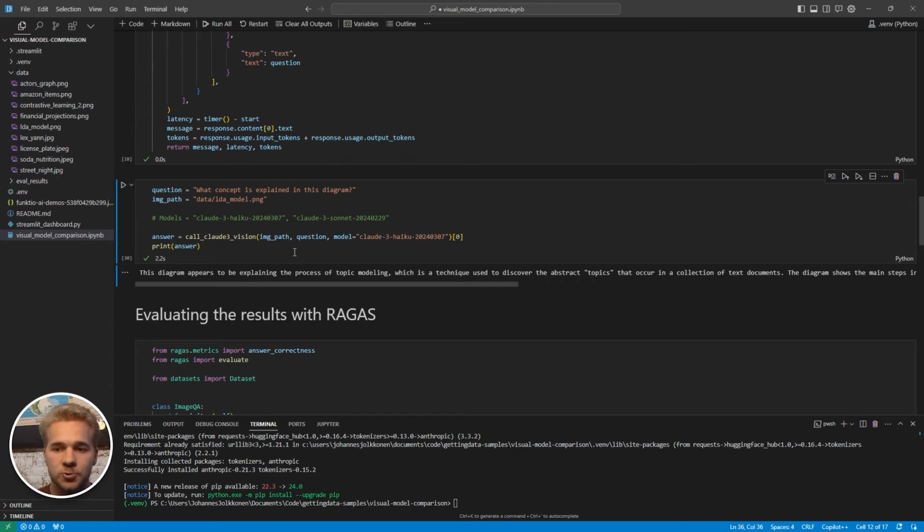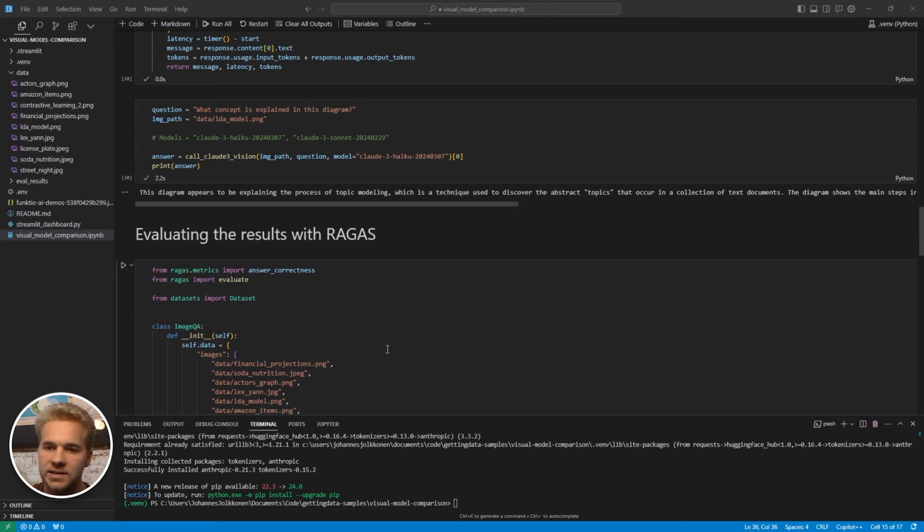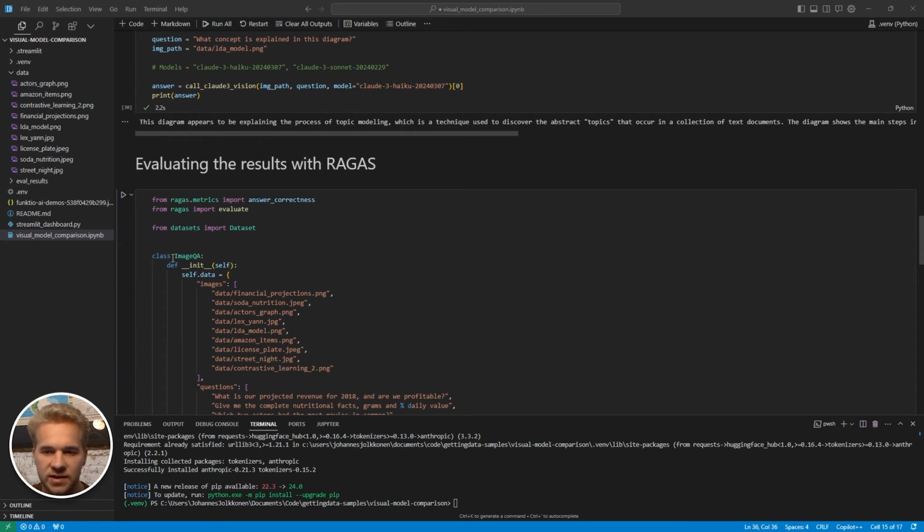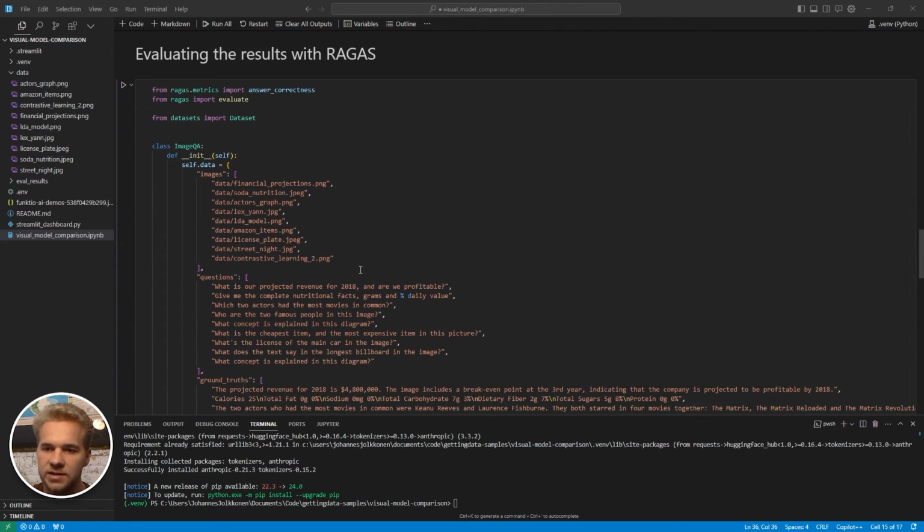And then you can just choose how much power you need for your particular use case, considering the trade-offs of latency and cost. So now that we have all our model interactions all set up, now we can actually move into the evaluation part. And I described this class here briefly earlier, but a few other things I didn't cover yet